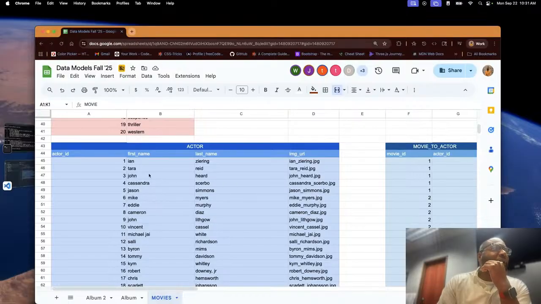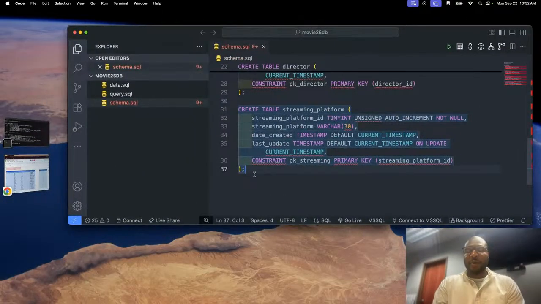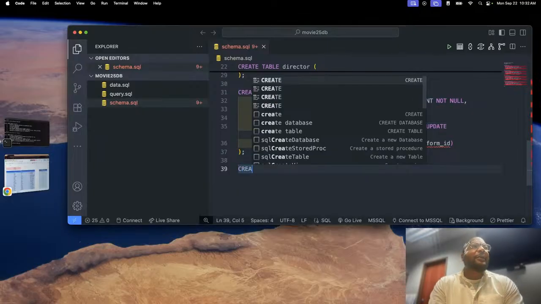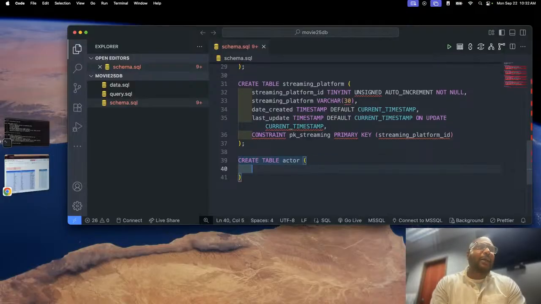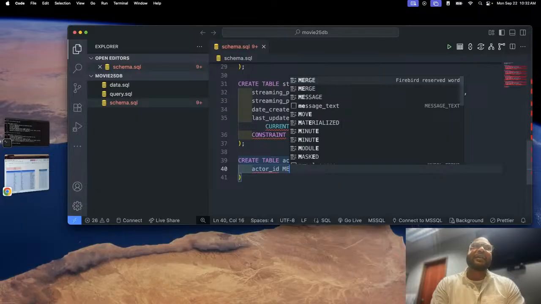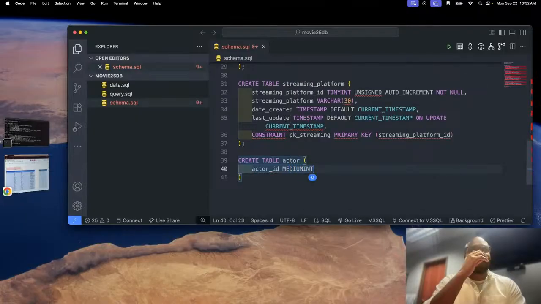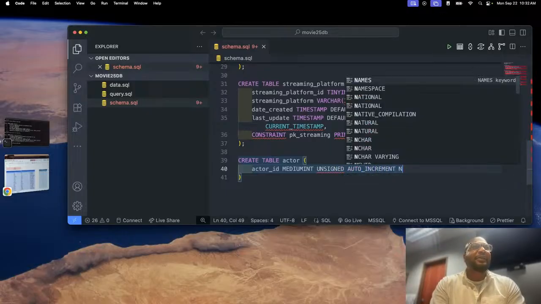So we'll use these right here: the actor ID, first name, last name, and the image URL in case we want to have the actor's headshot posted in our database. So we'll say create table actor. Actor underscore ID. I'm going to make this medium int. I know that one's kind of big. So medium int unsigned, auto increment, not null,